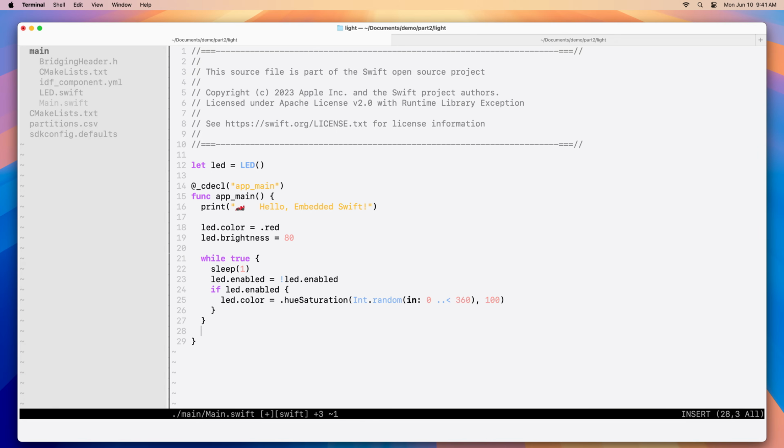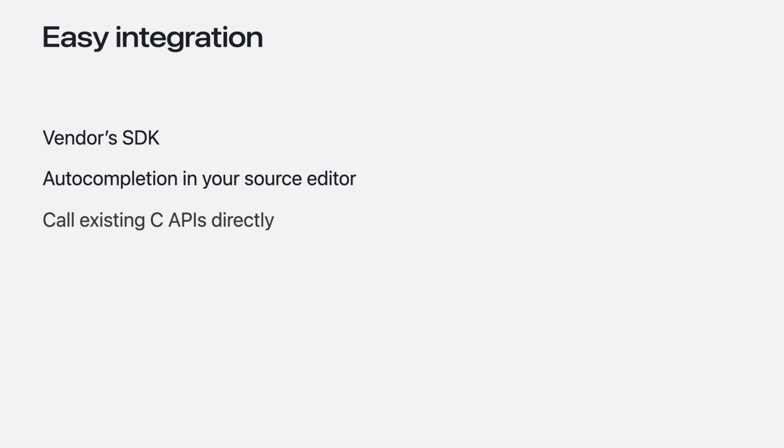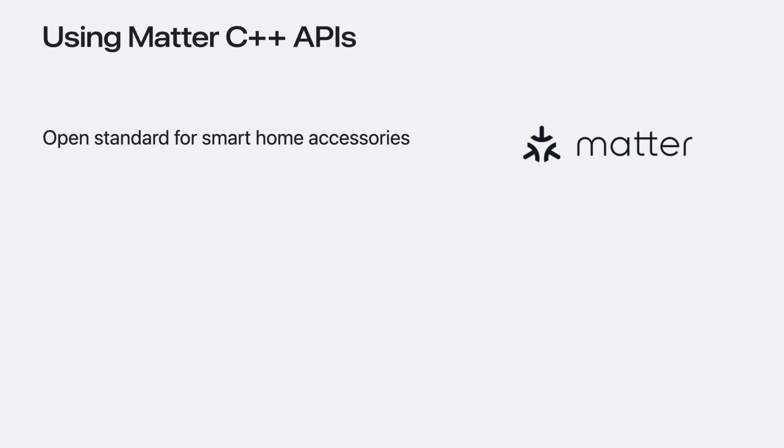Building the layer for the LED object is really what gives us the power of Swift. High-level APIs that let us write clean, readable code. So far, we've seen how embedded Swift can nicely integrate into your workflows. You can use it with a vendor-provided SDK, and you can get your IDE or text editor to provide full auto-completion, show definitions, and documentation. Using Swift's interoperability, you can call existing C APIs from the SDK directly in Swift code. But often it's valuable to wrap C APIs into a layer that provides ergonomic and intuitive APIs for our core application logic.